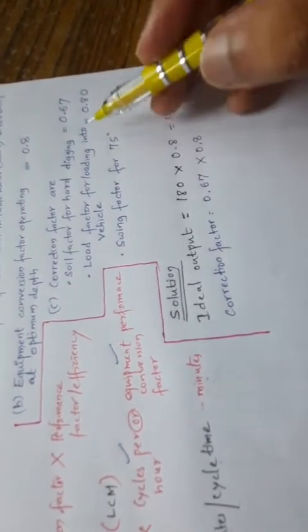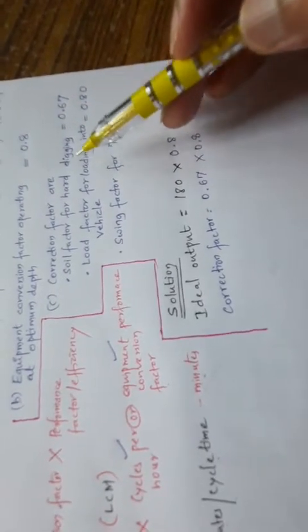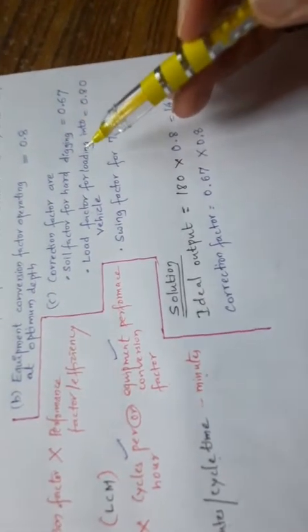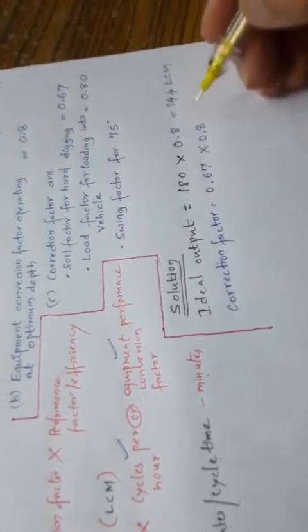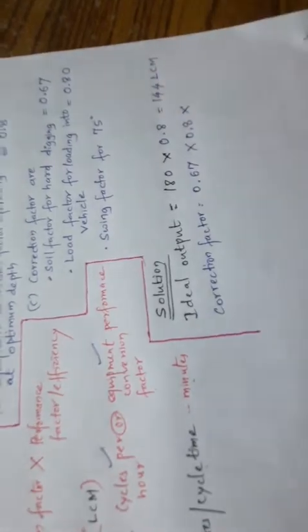If they have not given it, you can also find it in the tables given in the notes or in the last lecture video. Clear? And they gave the swing factor for 75 degree. For that you can see the table. This is the correction factor for hard digging, that is 0.67. You can see it here. And for swing factor